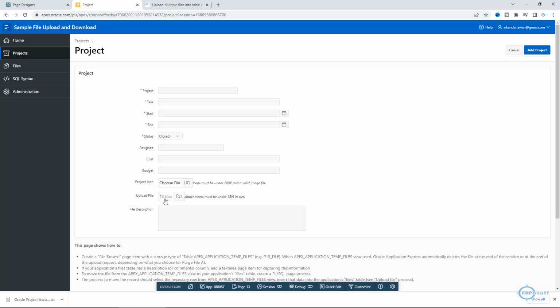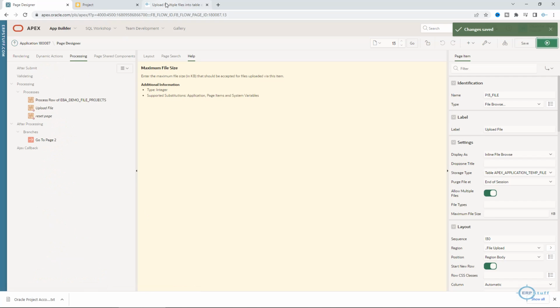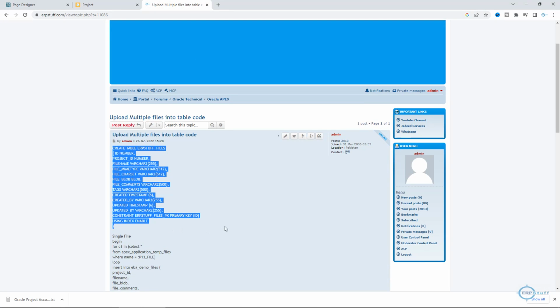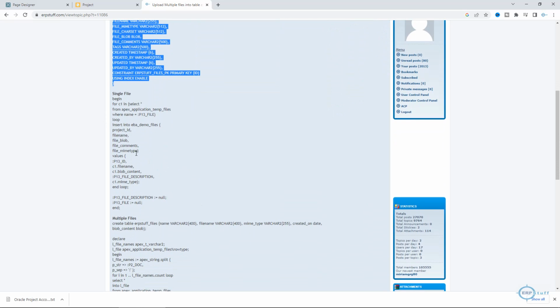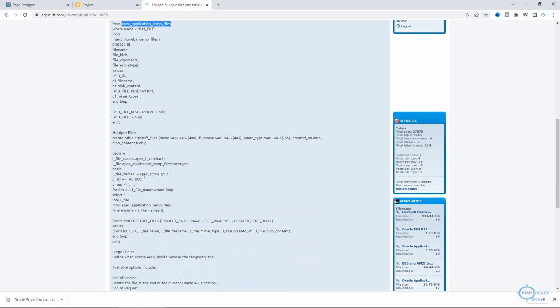Now here is the question. These files are uploaded in the temporary table, which will be purged. So how to bring these files into your own table, which is your detailed table? For that, you will have to create a process over here. So let me show over here. See, here I created one table. This is single file upload, which I was just showing you from the temp files. But from the same, if you have to upload multiple files, you will have to write this code